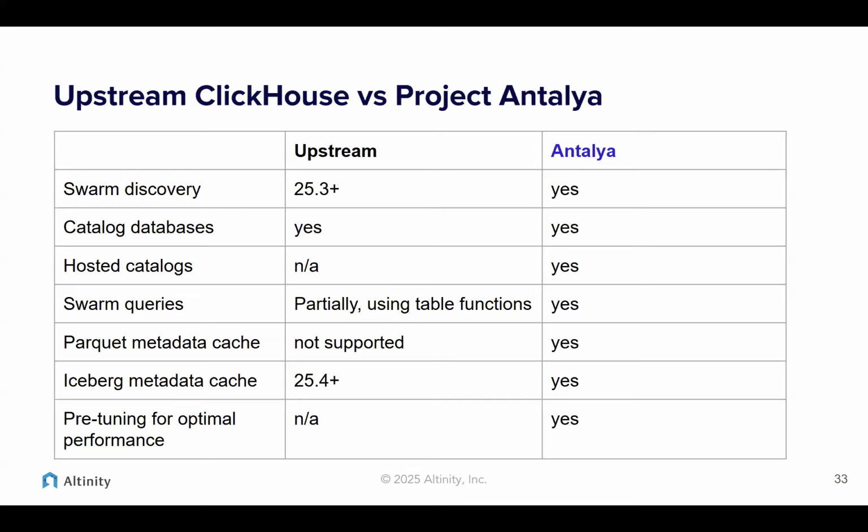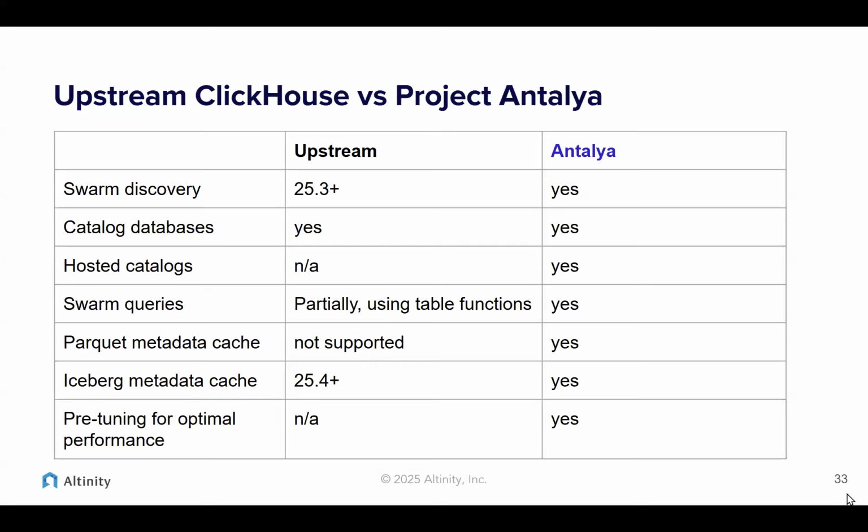And some of the caches that we implemented were merged to upstream, and some others were not merged. For example, the Parquet metadata cache, which is really important if you query Parquet using the S3 table function, is not supported in upstream. They declined our pull request. Some other things were also not accepted. So the full set of features is only available in